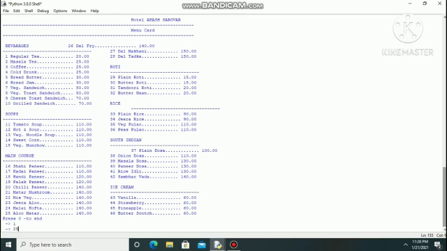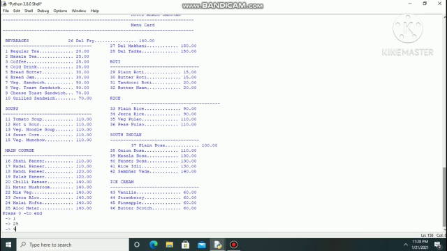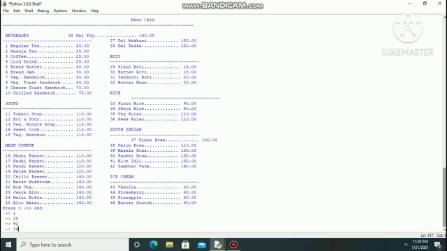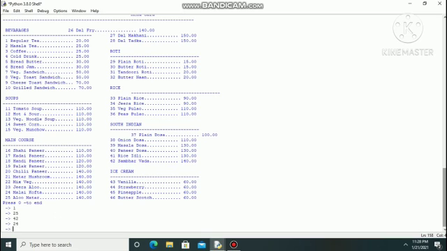One, here is veg pulao. We don't have to give the name of the food item.